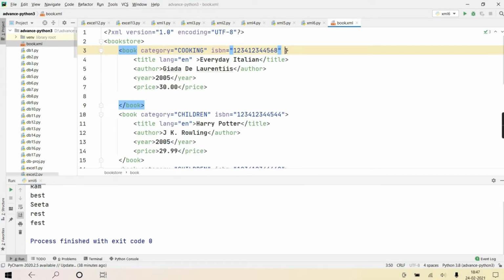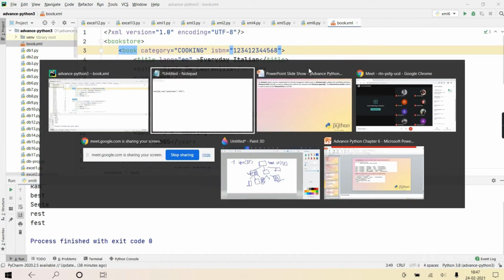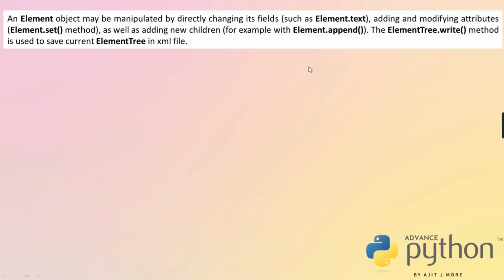And here one more attribute, publisher, will get added. You understand? I hope you got it. Both things can happen. It can change the value, and you can also add. See, for adding and modifying an attribute, use the element object's set method. Clear? Element objects, which method will you call? Set method. Is it clear to you guys? I hope you're understanding.